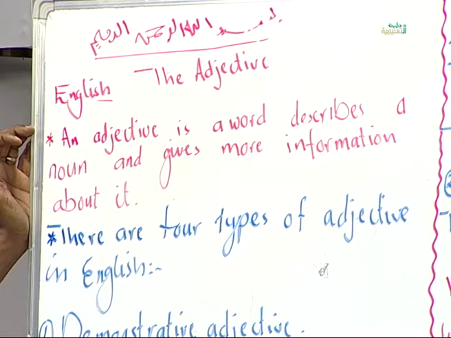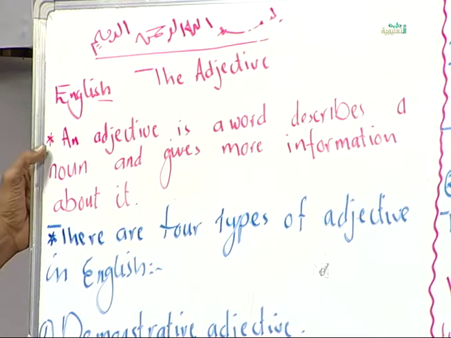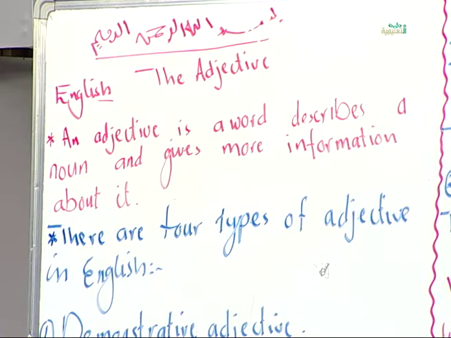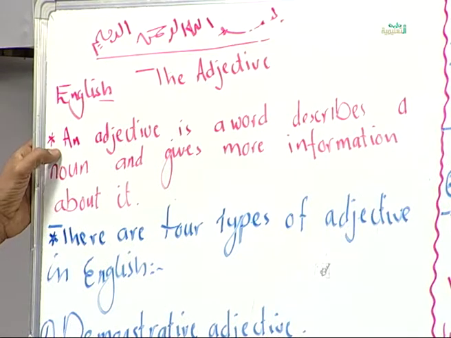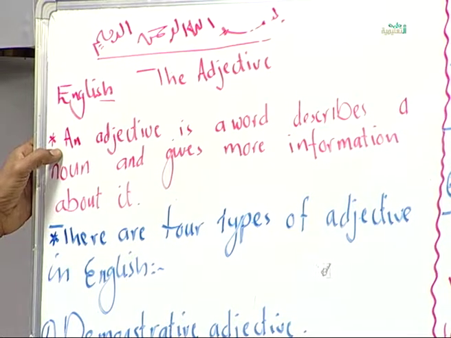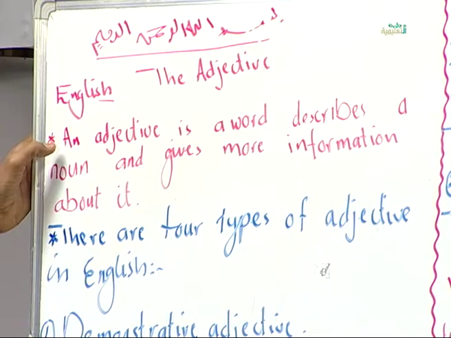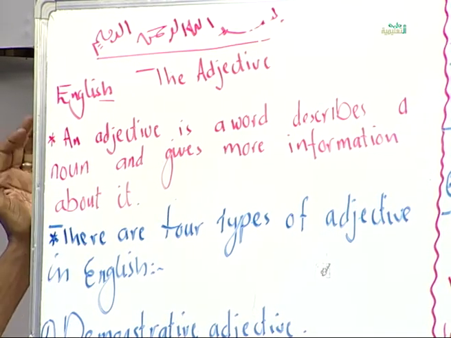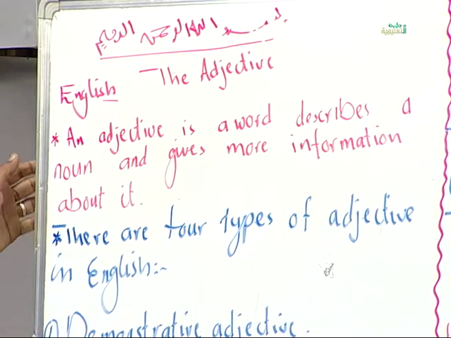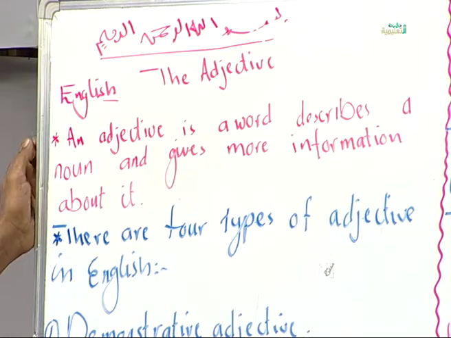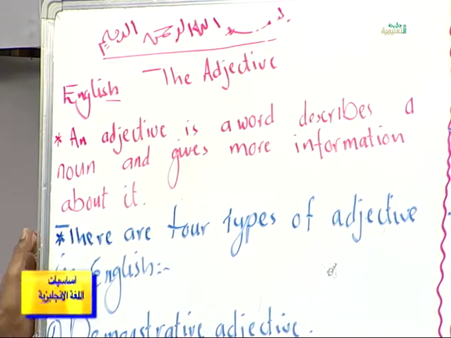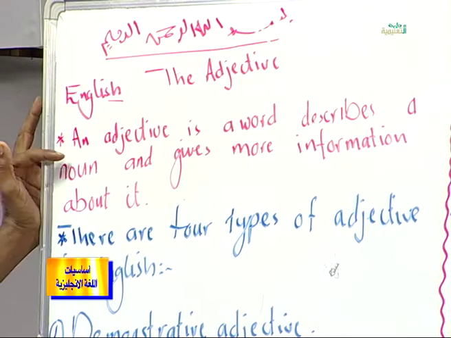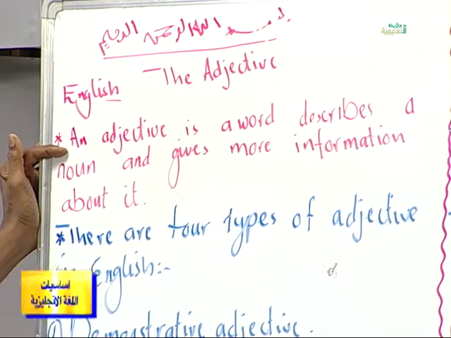And as I asked, what are the words of English? I said that the words of English have to be one of seven. From one of the words of English, we mentioned the adjective. Here, we are going to begin new rules related to a new word in English, and we call it the adjective. The most important thing here is that we have to define an adjective.